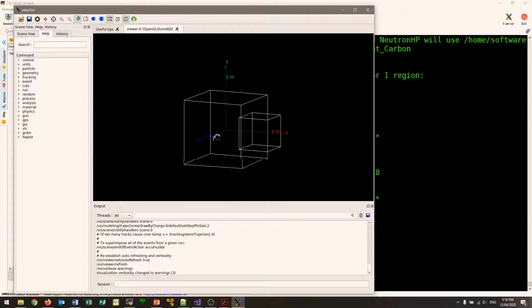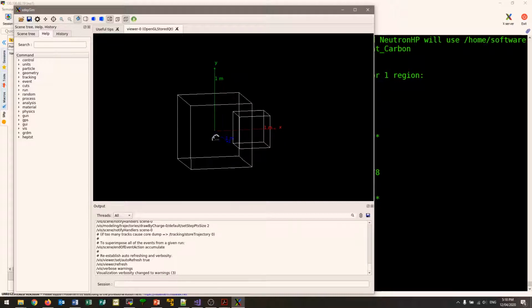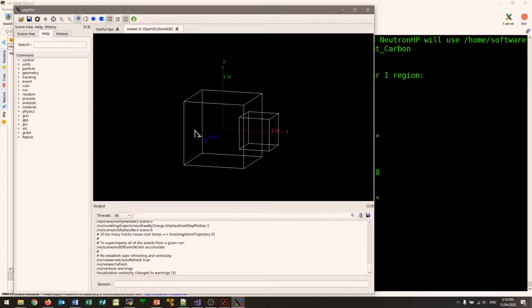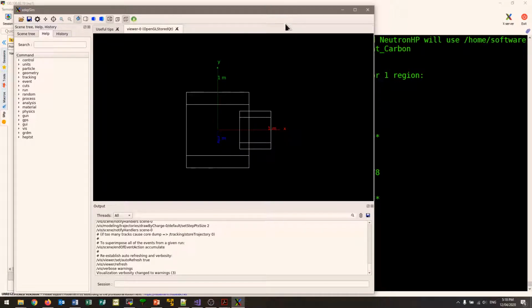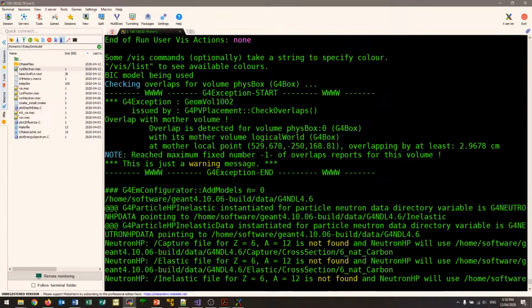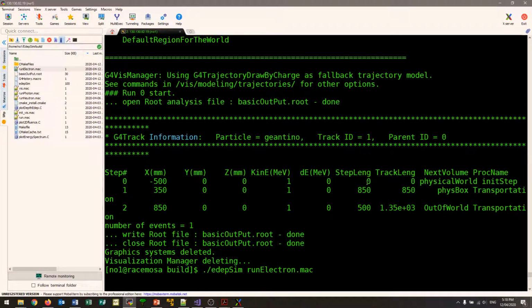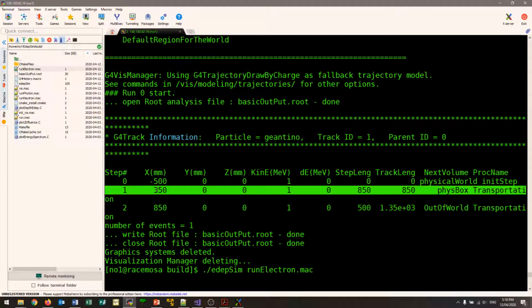So again, what we just did with our macro is we started a beam over here at -500 millimeters in x, and we shot it in the positive x direction. If we were to look at our last outputs, it started at -500 in x,